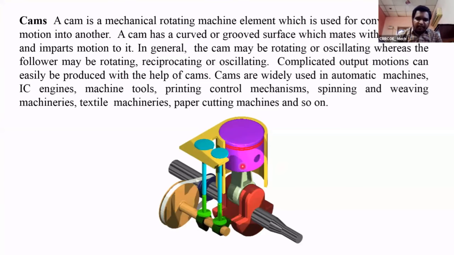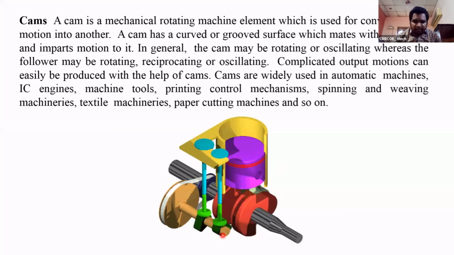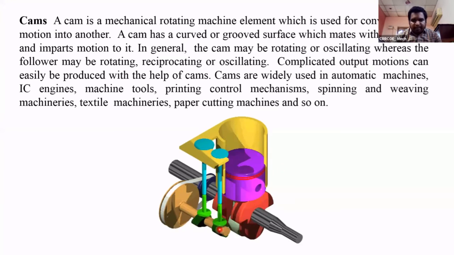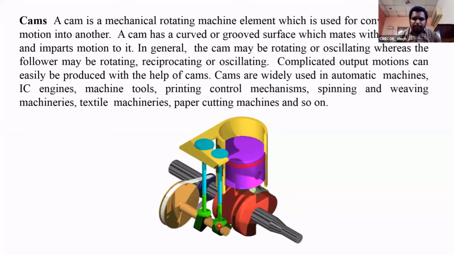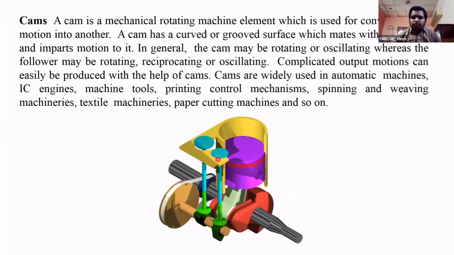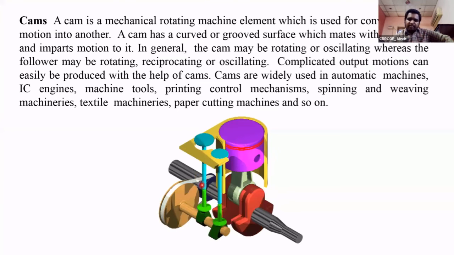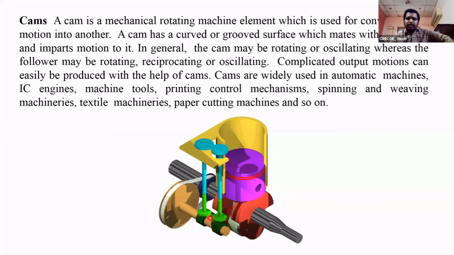This is an IC engine. Here, opening and closing of the valves is caused with the help of cams. This is the cam. The cam is a mechanical rotating element here. It transmits rotary motion into reciprocating motion. The reciprocating motion of the valves causes closing and opening of the valves. This is the application of cams in IC engines. The rotation of the cam is done with the help of the drive from the IC engine, which means it takes the power from the IC engine. Here cams are used for opening and closing of the valves.